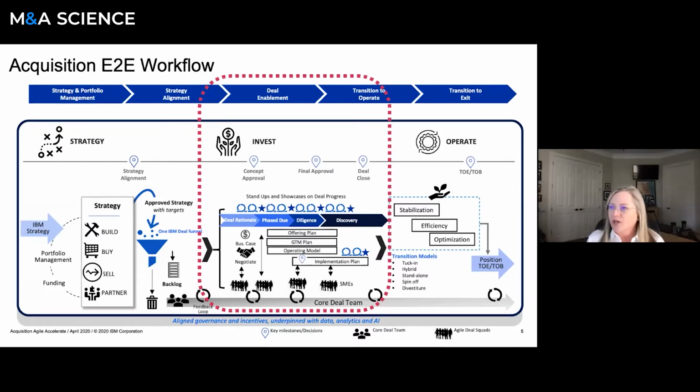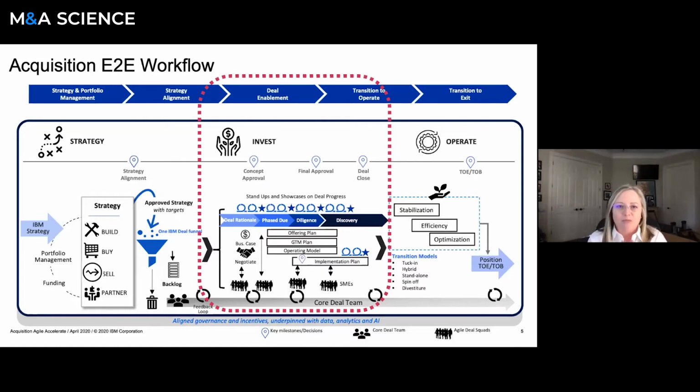And so I just shared this overview with you. We start with what probably all corporate development and M&A teams start with, the strategy around the portfolios that they're looking at and how do they build inorganic growth into that. And then moving to the alignment and on to deal enablement and transition to operate. And really what we focused our Acquisition Agile Accelerate work on is in this deal enablement and transition to operate